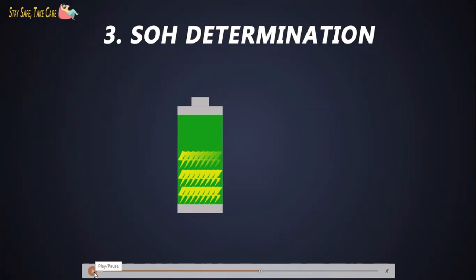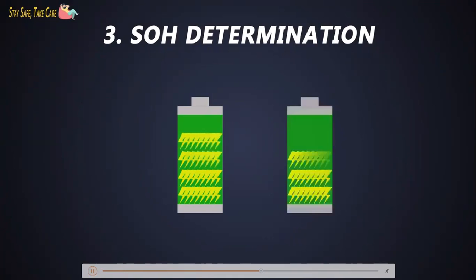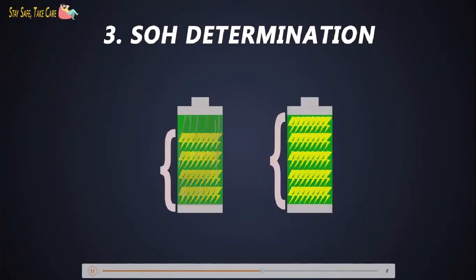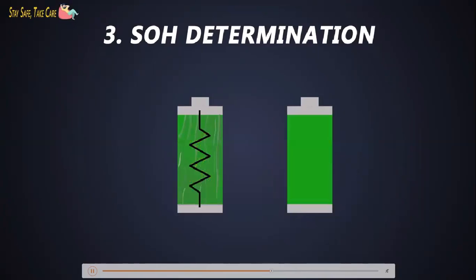The next one comes the SOH determination. The state of health is the basic measure where we need to measure the health capacity of a battery when compared to a new one. Any physical parameter of the battery, such as internal resistance or conductance, changes significantly. The internal resistance of the cell depends on the impedance. As the internal resistance of the battery increases,